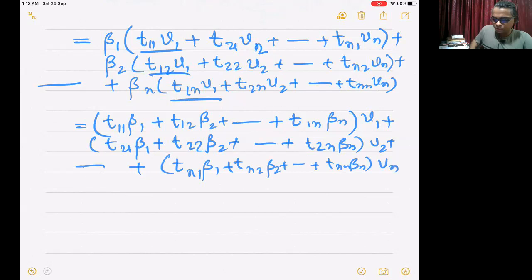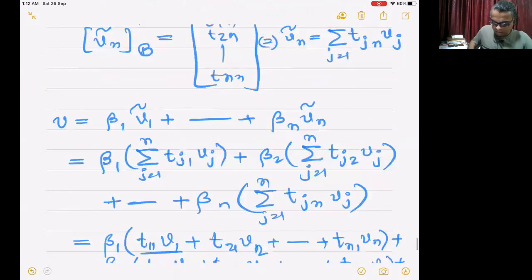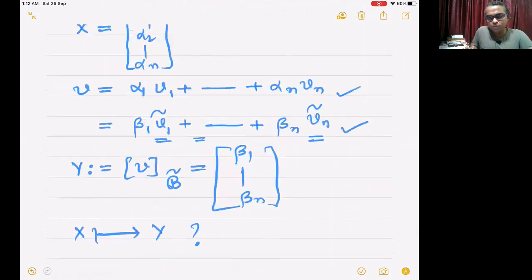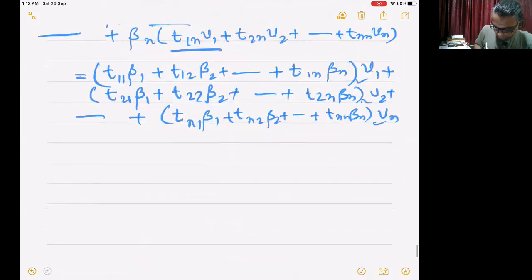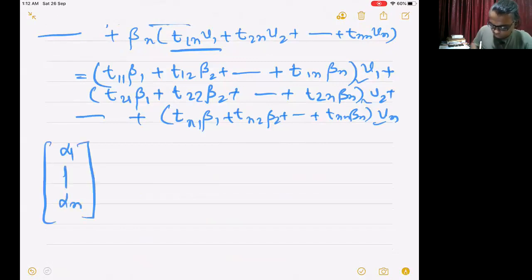Right? This is an expression involving V1 up to Vn, and this is also another expression involving V1 up to Vn. Because these expressions have to be unique, because V1 up to Vn is a basis, that means alpha 1 up to alpha n as a column vector must be the same as the column vector that I obtained by stacking these coefficients one after the other, which then tells me that this n-tuple alpha 1 up to alpha n must be equal to